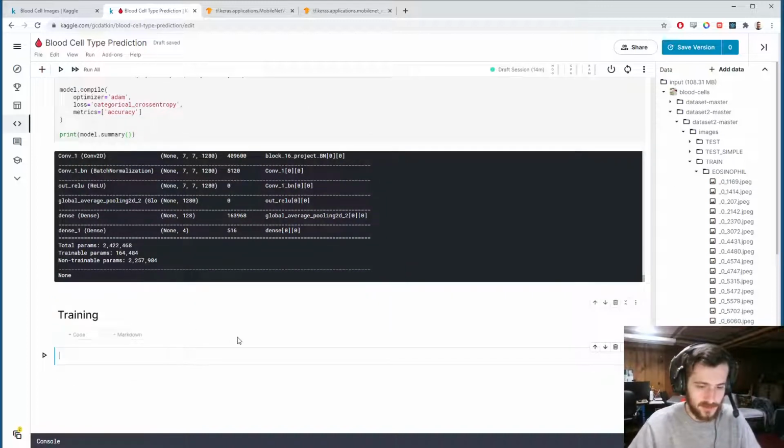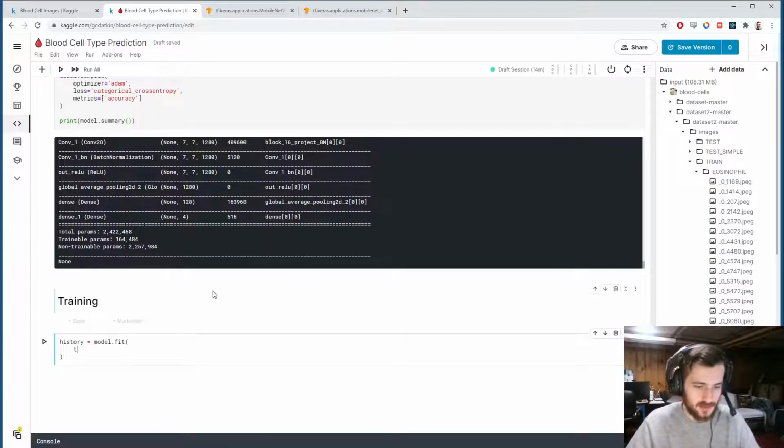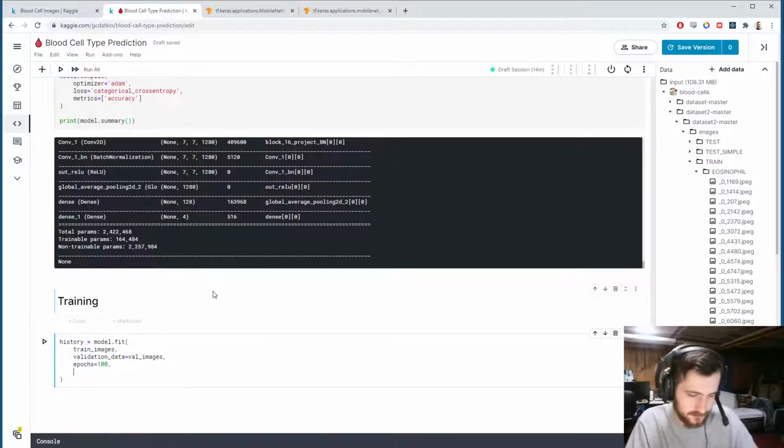And for this we're going to store the results of our training in history and call model.fit. And we're training on the train images. So I'll pass in train_images. We'll give it some validation data, and that's coming from val_images. Then the epochs. What we'll do is train for a bunch of epochs, 100 epochs, and specify a callback function, which is early stopping,